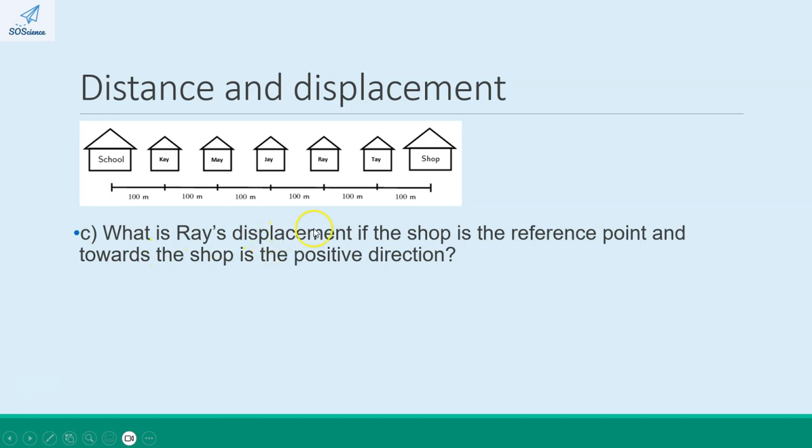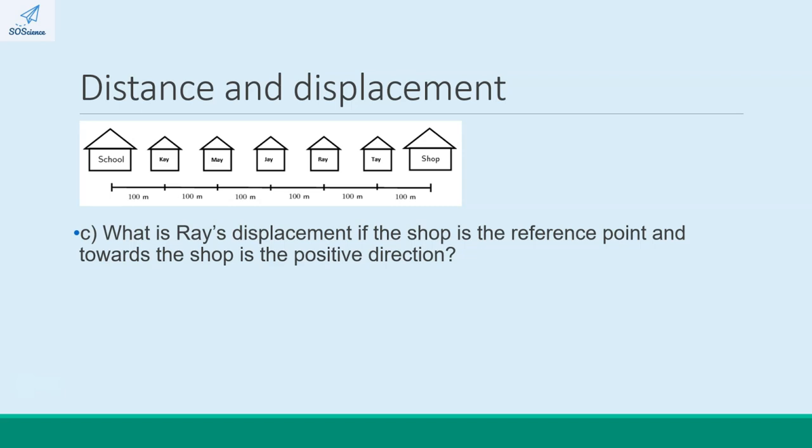What is Ray's displacement if now instead the shop is the reference point and towards the shop is the positive direction, meaning that towards the school is the negative direction? Now, the motion is exactly the same, where Ray left his house, walked to Kay's house, and then walked to school with Kay, and we want to know Ray's displacement. So the implication here is that the answer is going to be exactly the same,